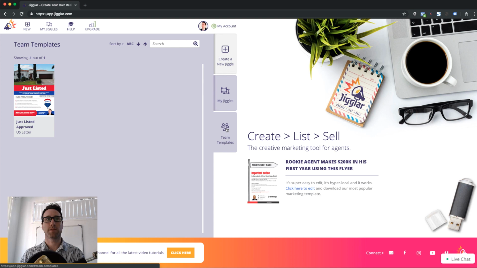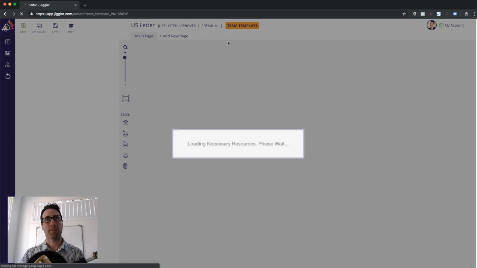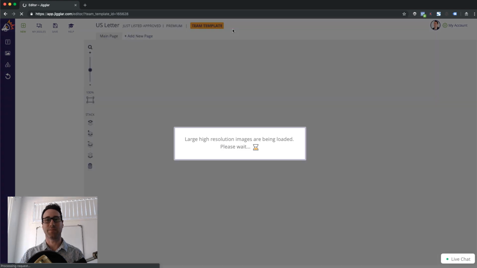And I'll click on the team templates tab, and you'll see there's a new team template in there. So as a team owner, I can delete these team templates. A regular team member, without any admin privileges, will not be able to delete team templates. They can only use them as a starting point. So when I go back into this team template, as a team owner, I'm now actually editing the team template,